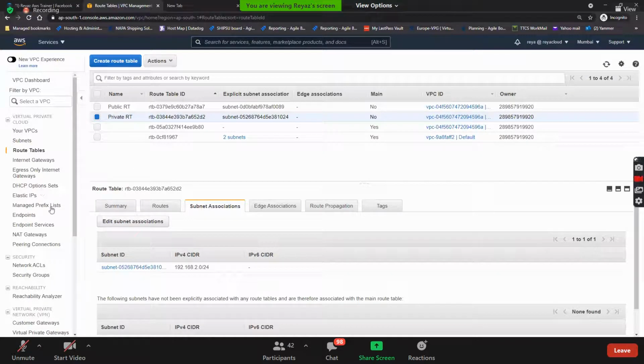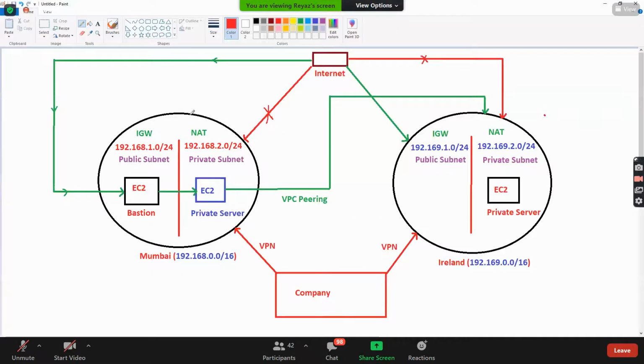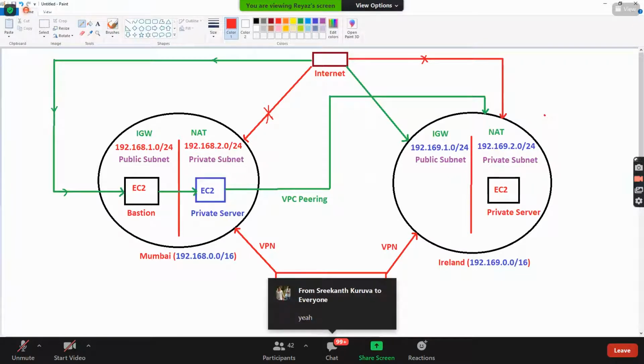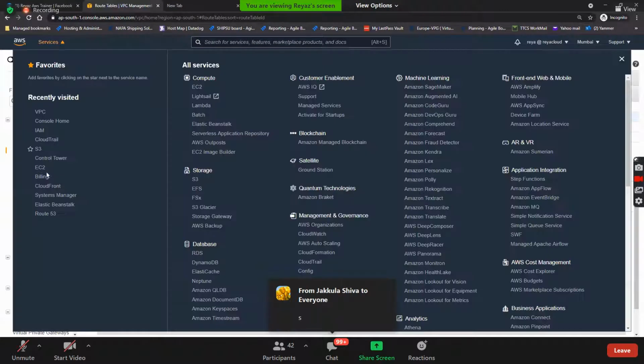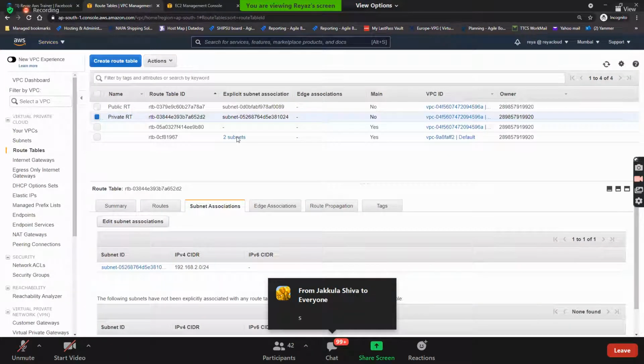Okay, now we have architected the VPC, right? See, we have architected this VPC completely, right? And now, should we go and launch one EC2 instance in private subnet and one EC2 instance in public subnet, and then try to connect to this? Yes? Let's go and do that. Let's go to EC2. Don't worry, guys. I have written all the steps one by one. I will forward those steps.